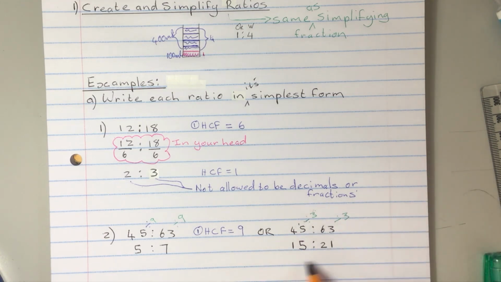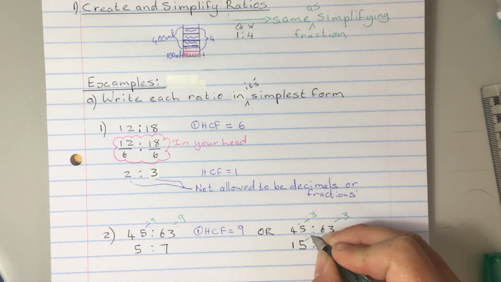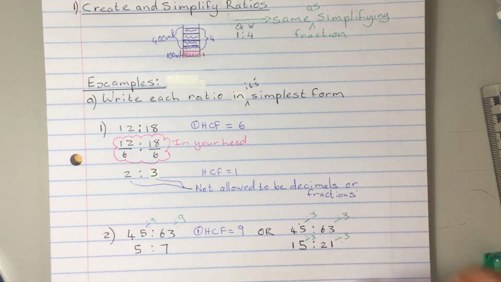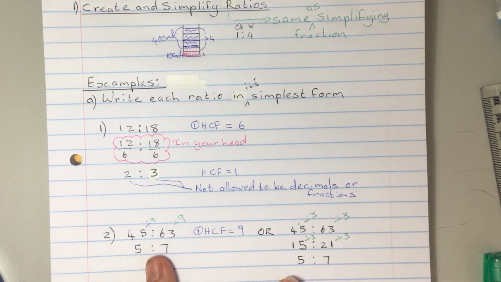Now if I look at this ratio over here, our final ratio should have a highest common factor of 1. But if I look at 15 and 21, I'm like, oh, there's another factor. I can divide 15 by 3 and I can divide 21 by 3. And so 15 divided by 3 is 5, 21 divided by 3 is 7, and notice we get exactly the same answer. So finding the highest common factor is the best method because it gets us straight to our final